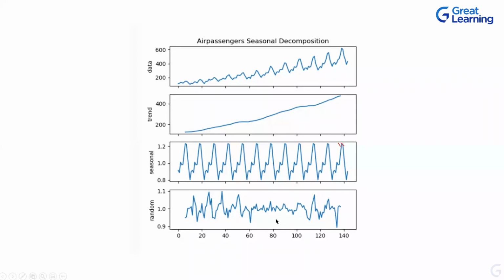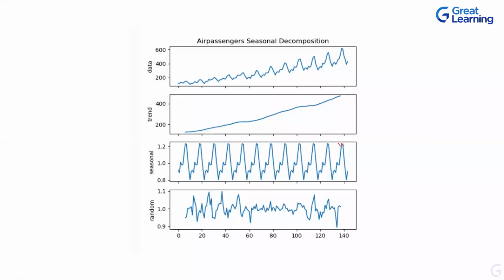And we can clearly see the traditional models can only pick up this trend and seasonality, right? If they were to pick only these two, they will certainly not include this noise in their model prediction. And we can see some more information is also left in the residuals, right? In these random values, we can see some patterns also left out by this decomposition. So if I build a model around these values, probably I'll be leaving these things, right? This is where the need for deep learning models comes in,